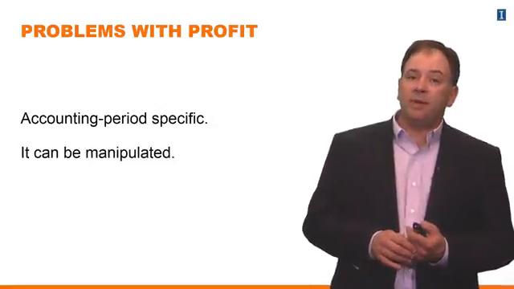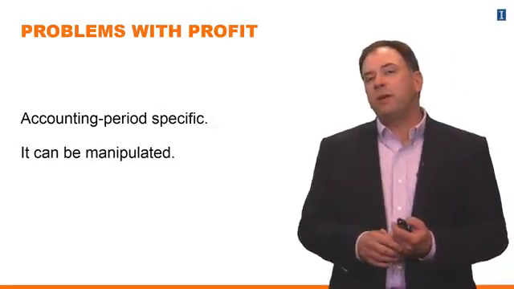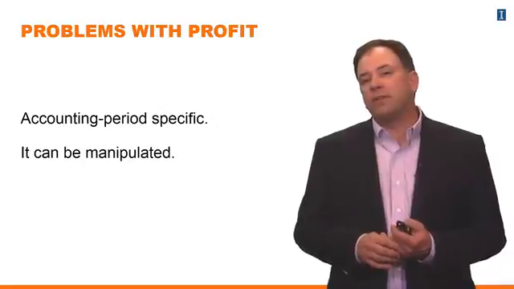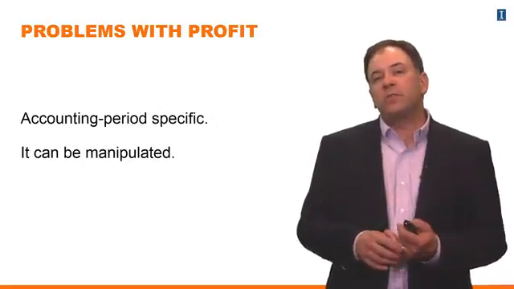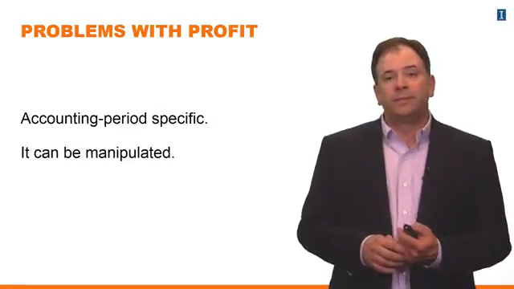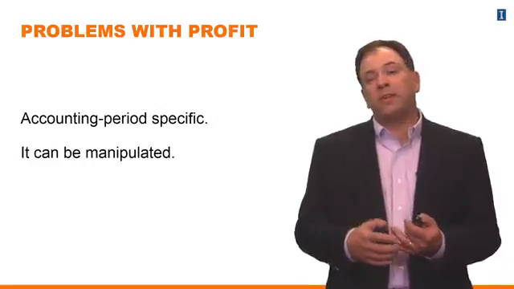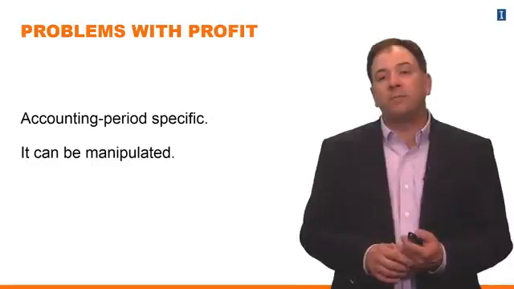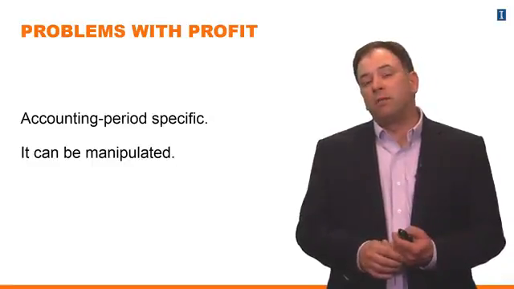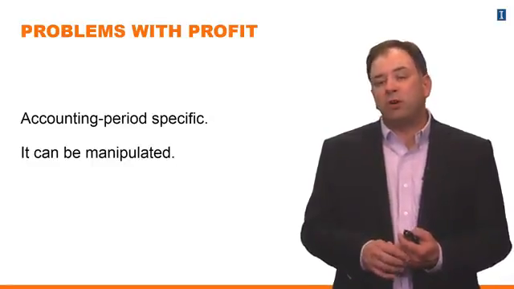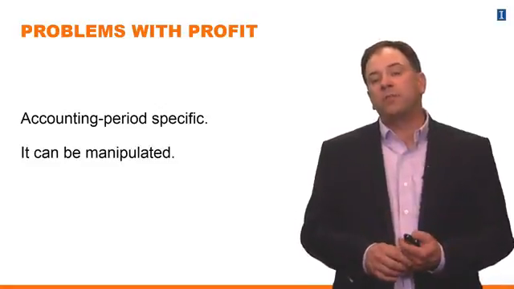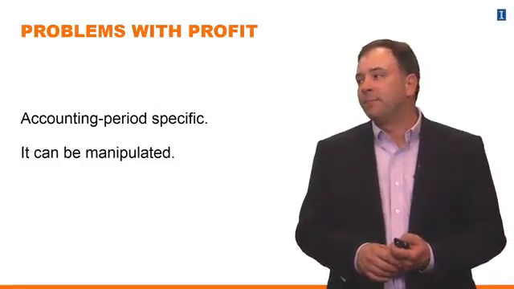It can also be manipulated. Real decisions made by managers might be made to just increase profits for a given time period. And sometimes those decisions are dysfunctional. Other times we can just record things how we want to and make profit look better or as we want it to be for a given time period as well. This manipulation is dysfunctional in a sense. And so when we rely on profit, it's not always the best representation of what actually went on.